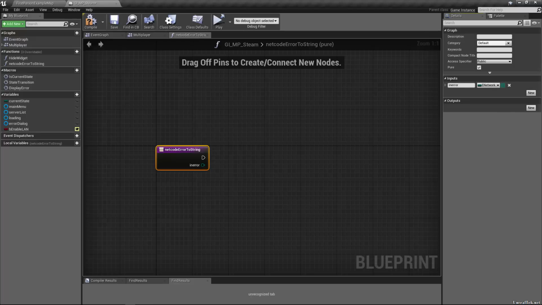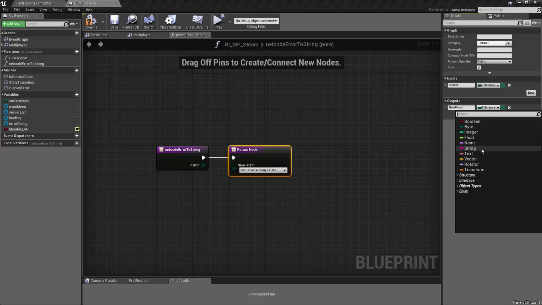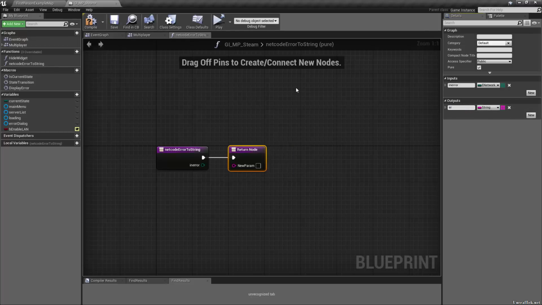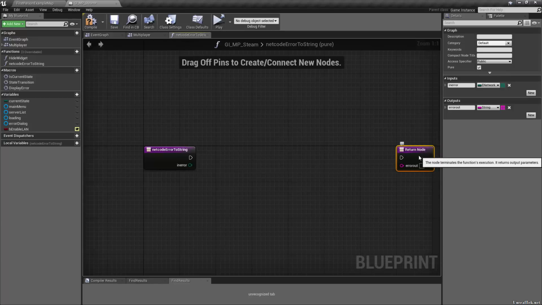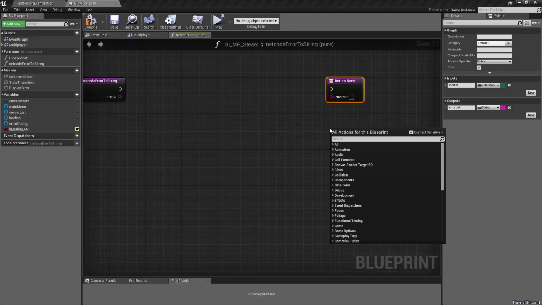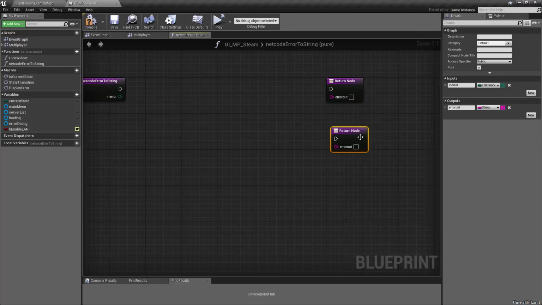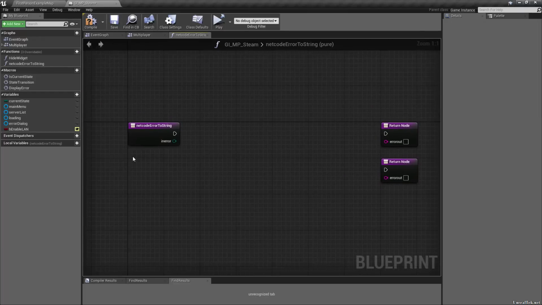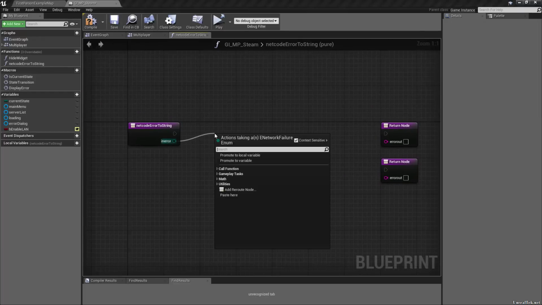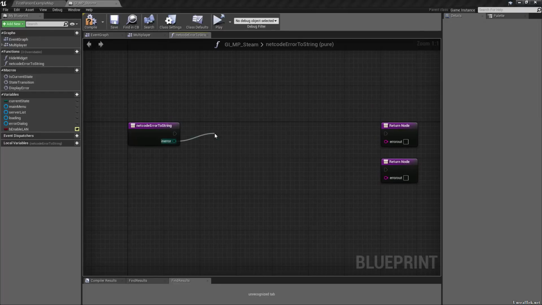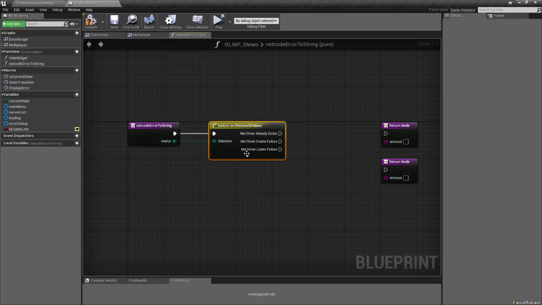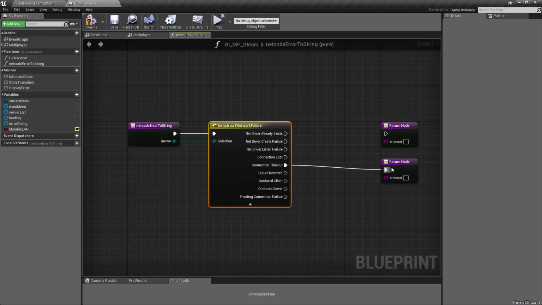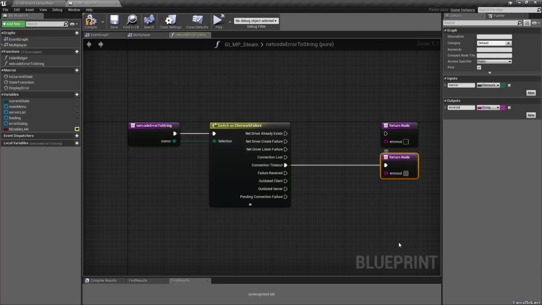And then we just need to output of type string called error out, and put one return node there, and then right click and type in add return node, since we can do that in 4.9 now. So all we need to do is take the in error switch statement, and so it has all the pre-made ones, and so all we need to do is take connection timeout to this one and do the error out as